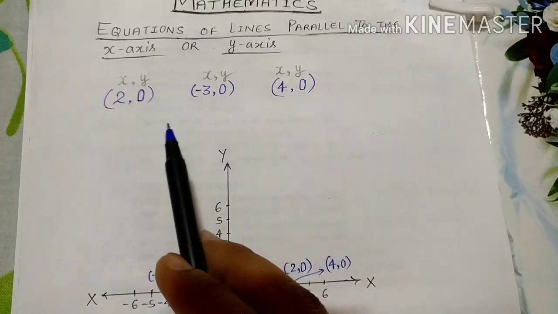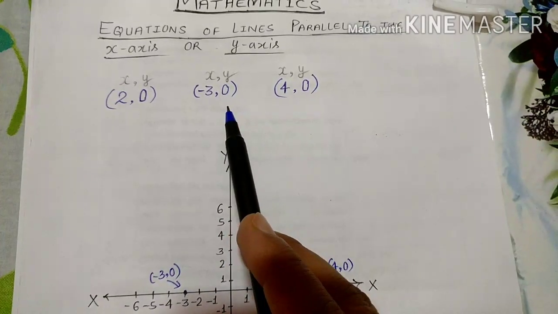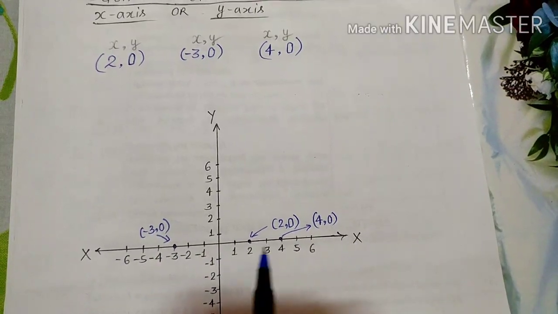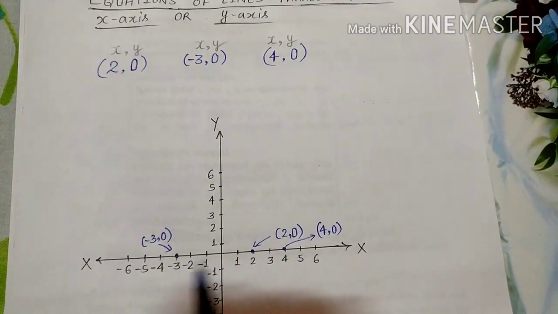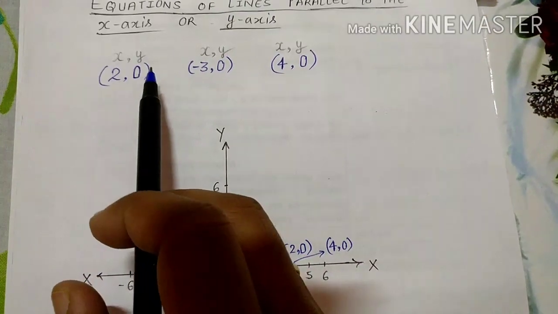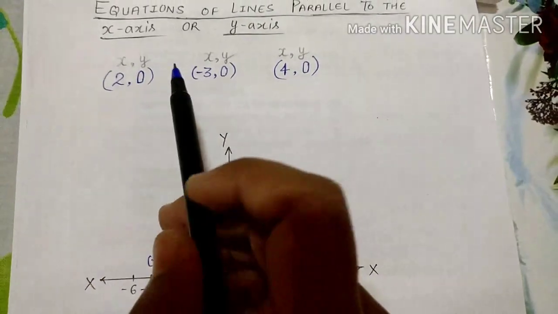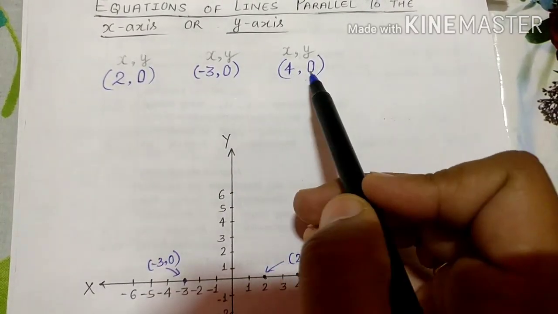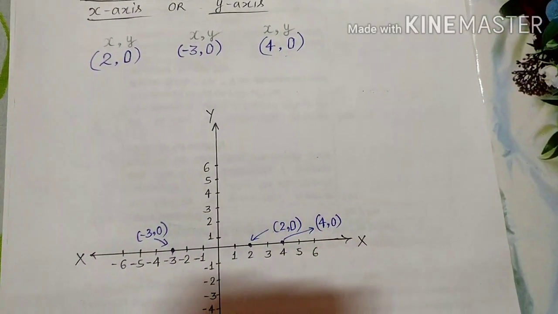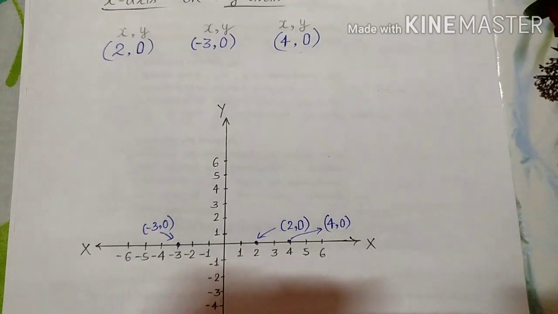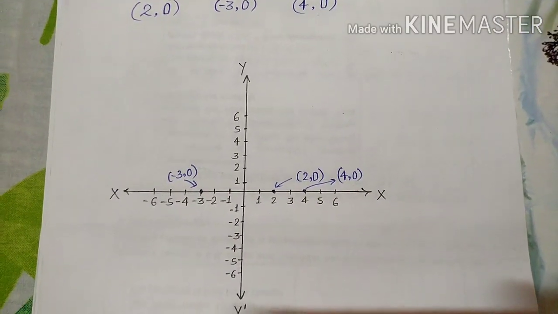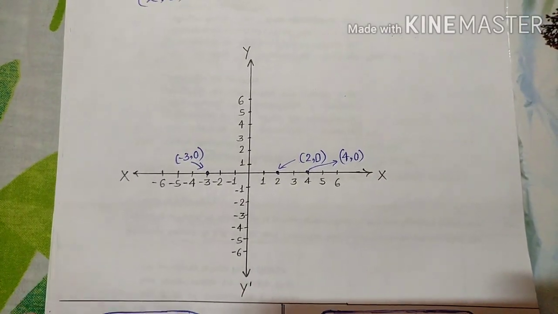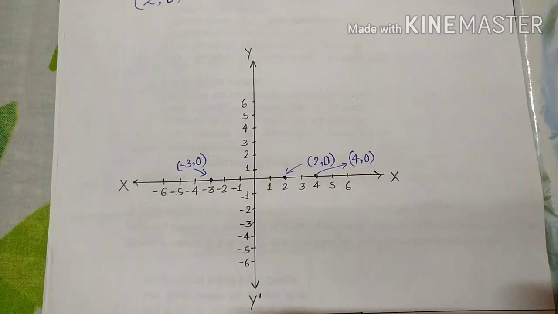So you have seen all these 3 points, (2, 0), (-3, 0) and (4, 0), all came on the x-axis only, that is the horizontal line. Why does this happen? Because the value of y, or the coordinate of y, is 0 in each of these coordinates. That's why all these points came on the x-axis. Is it clear to you or not? I hope those who paused the video can match, and I believe you found your answer correctly. Okay, now just check what we are doing.